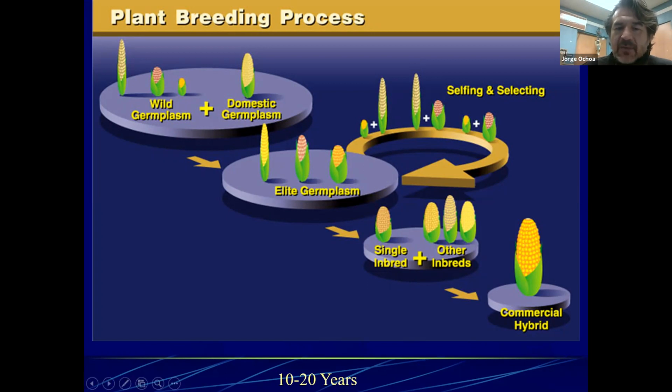And so we have more or less a cycle of 10 to 20 years, depending on the crop. This would be for something that would be very quick and easy, keeping in mind that if you're doing something like this to an apple, you would have to grow the plant from that seed for at least 10 years before you realize that it has potential or it does not have potential. So this is what has been happening. The plants that are being introduced into the trays as new selected varieties in the current year, the work started maybe 10, 20 years ago, and it has taken them this long to develop some